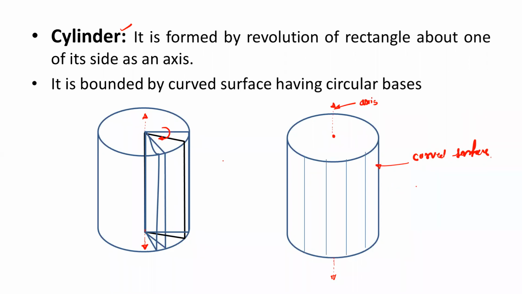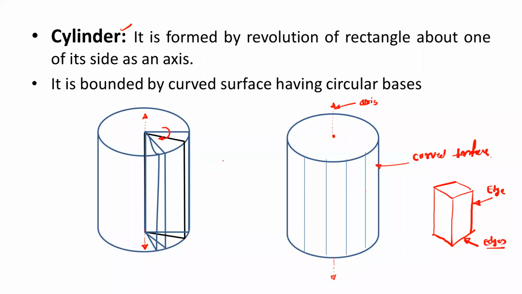Now, in case of polyhedrons, if you take the example of the prism, then we have the edges. Okay. Vertical edges are called the lateral edges, and the base edges. Okay. But for solids by revolution, that is a cylinder or cone, we don't have edges because its surface is a curved surface. It doesn't have any edge.